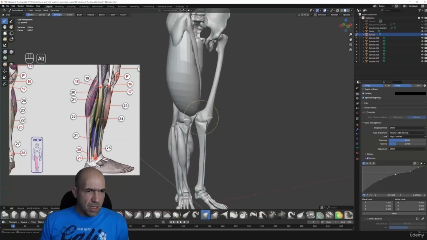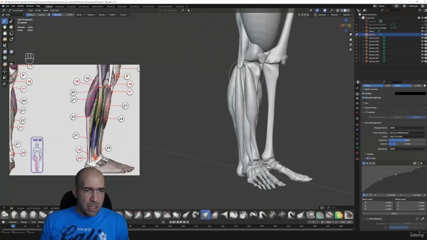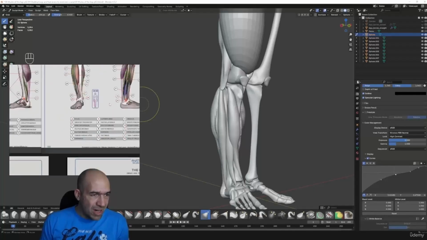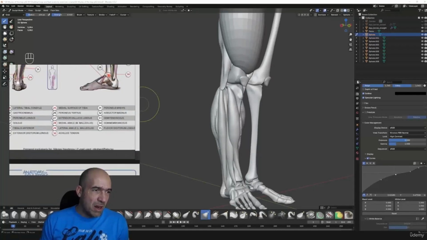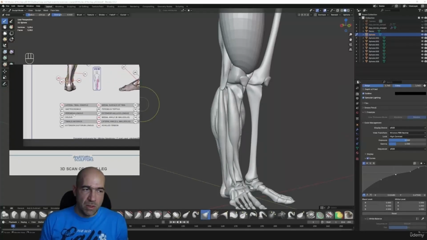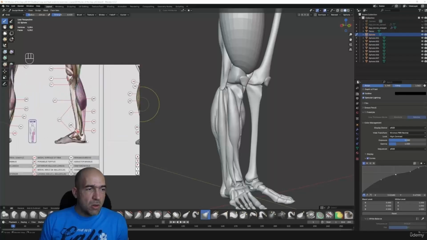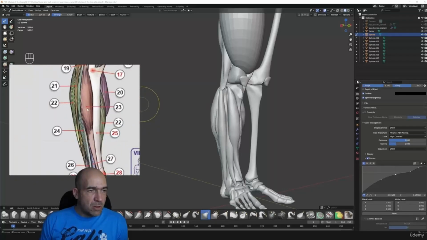Okay, I think this is looking relatively fine. Here we are missing something. We are missing this muscle, which is muscle 24. Let's see what kind of muscle is there, and you will understand why I don't want to say the names. This is called extensor digitorum longus. So muscle 24 is called extensor